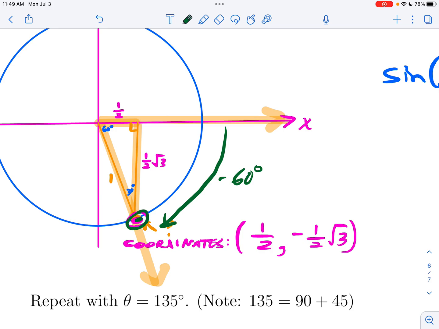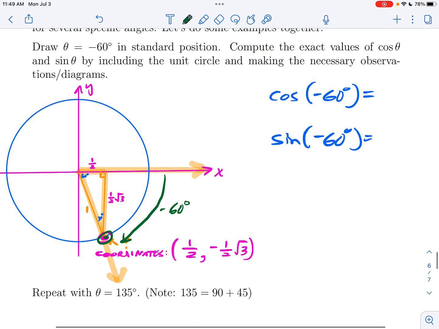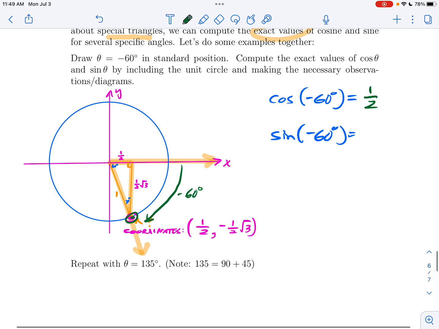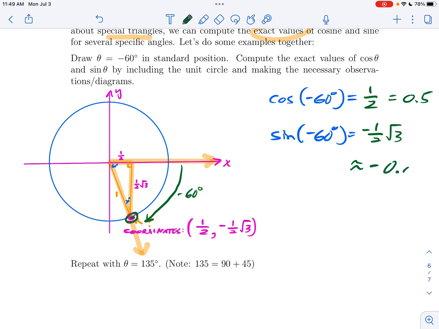We know where that point is, so we can say that cosine of negative 60 degrees is 1/2. As a decimal, that's 0.5. And sine is negative 1/2 root 3, which is approximately negative 0.87. And let's just check, does this make sense? Would we say that this terminal side has sort of a medium point to the right? Right, our cosine is positive, but it's